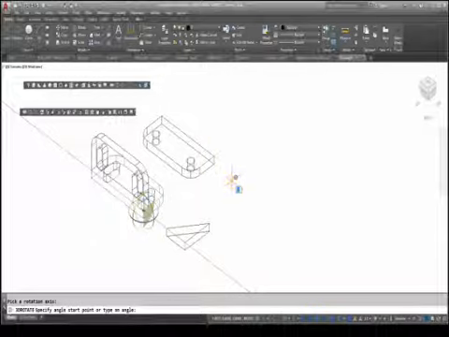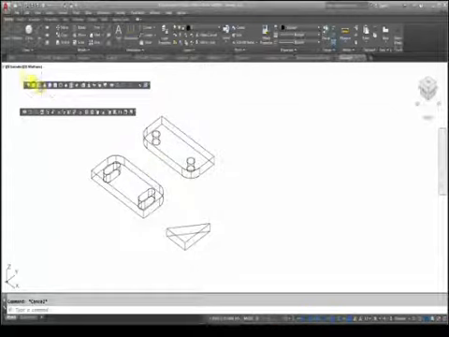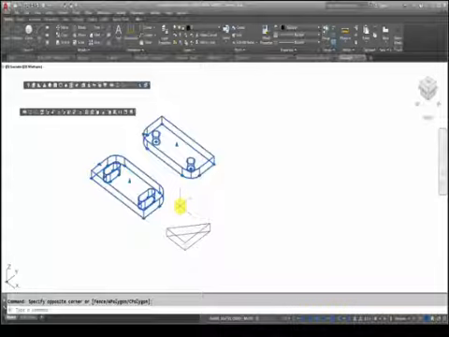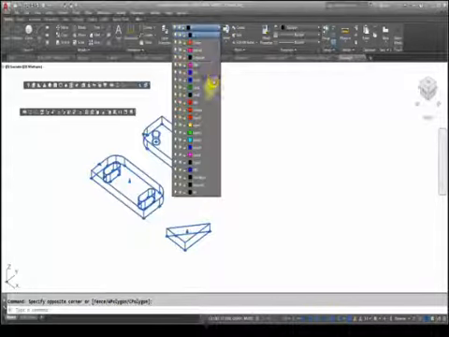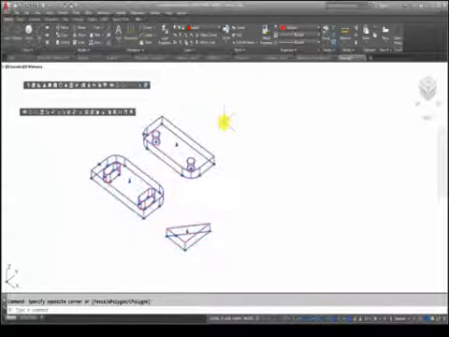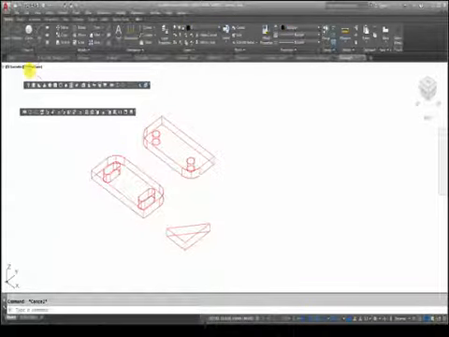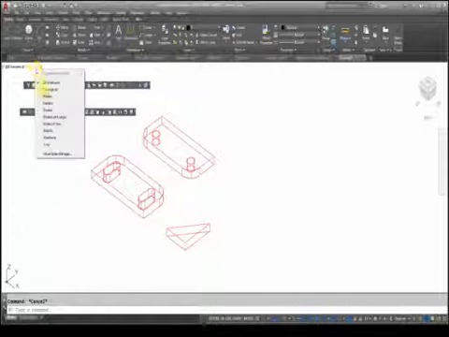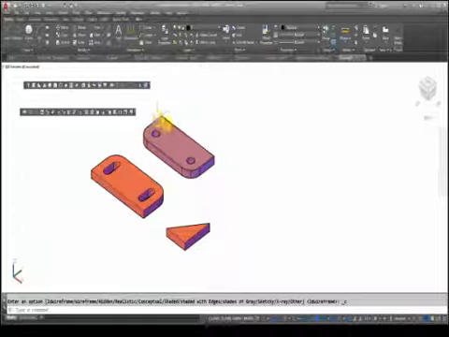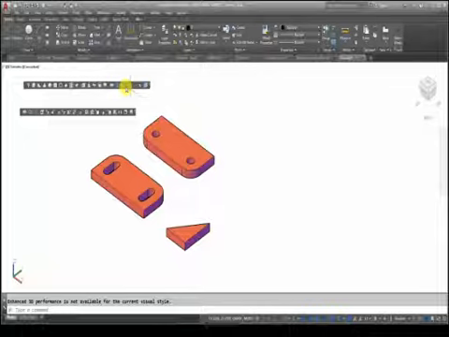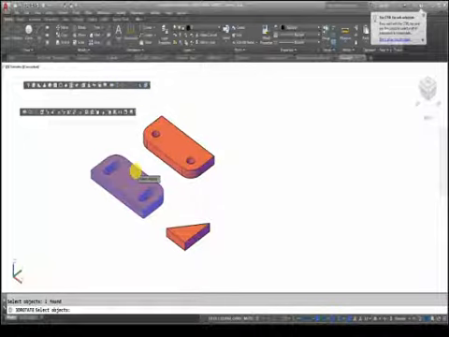Now, if you don't like it this way, I come over here and I click on this and click on these, and I put them on a different layer real quick so you can see the difference real fast in front of your eyes forming. Okay? And now I come over here. Instead of wireframe, I go to conceptual so you can see it a little bit better. I go 3D rotate, select that object again, pick out that endpoint,